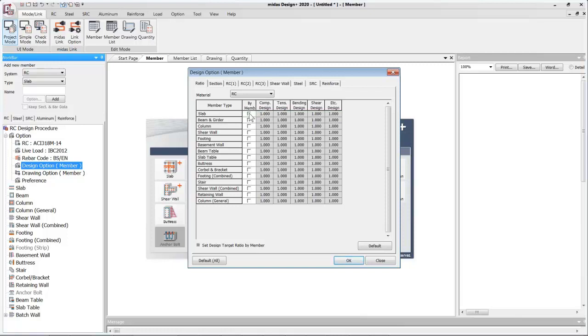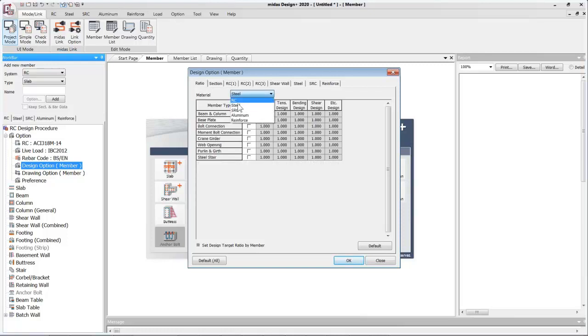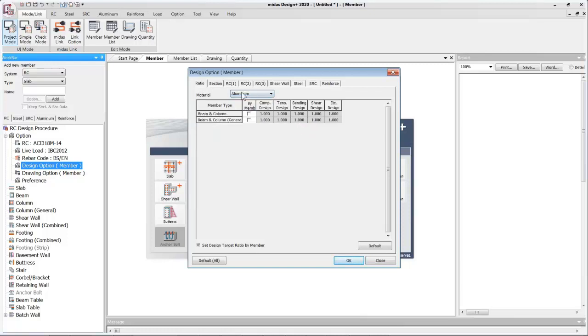So instead, not just one single component demand capacity ratio, but in that particular member itself you can have different design capacity ratios for each type of check. So that's for RC. Similarly, we have for steel, SRC, aluminium, and that's the reinforcement information for the slab, beam, and column. That's for the